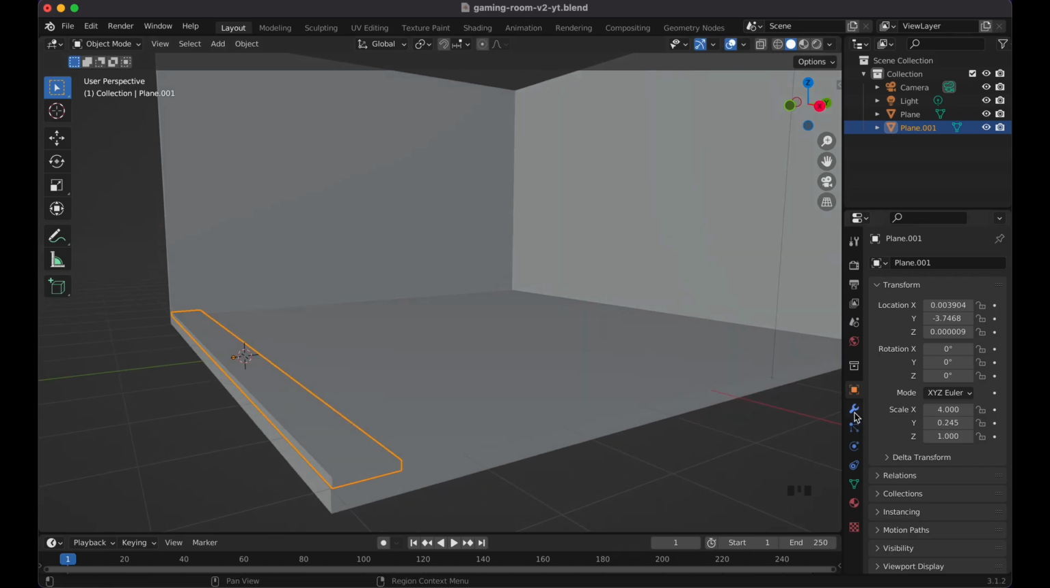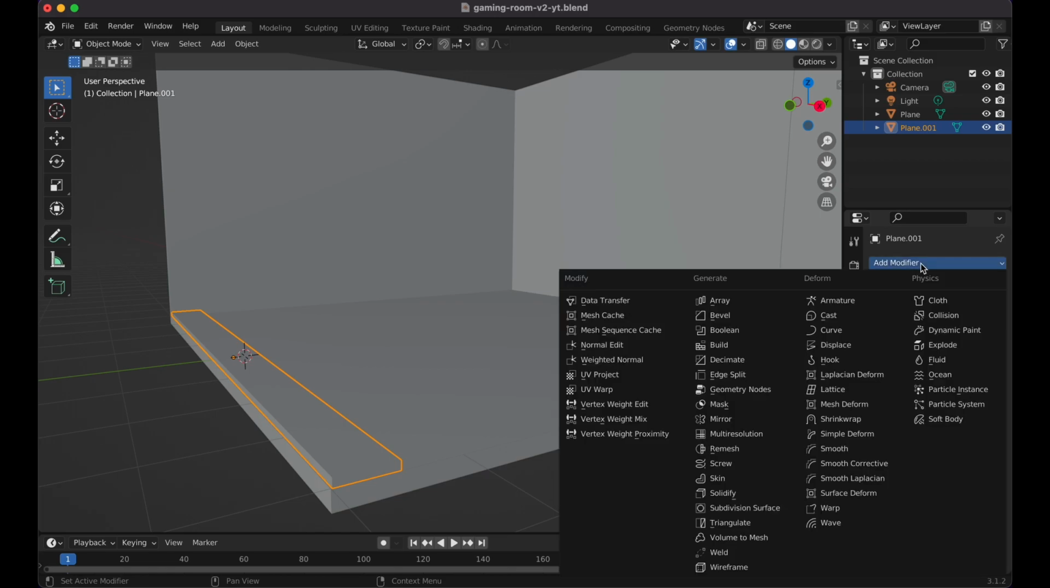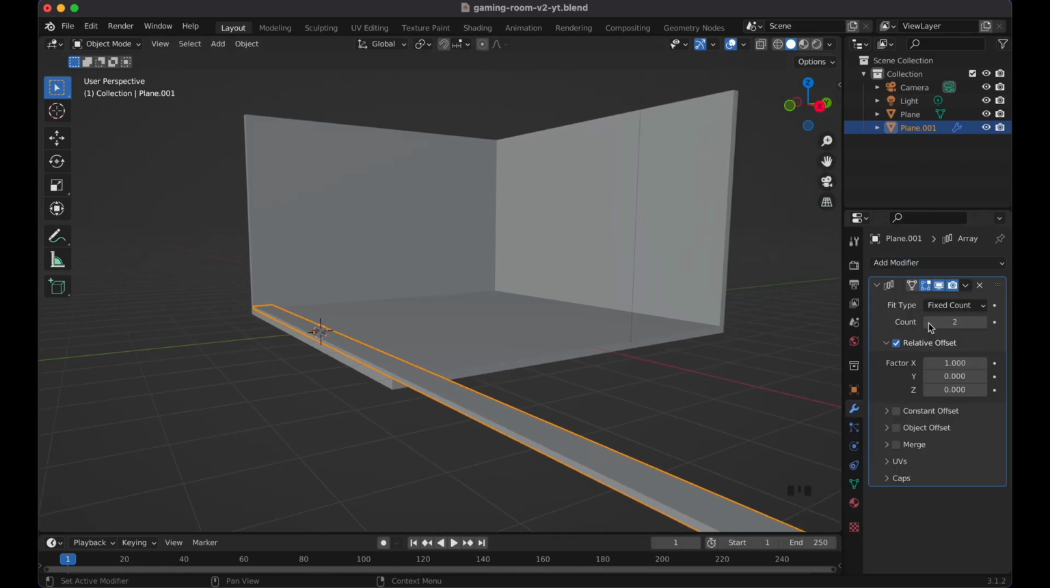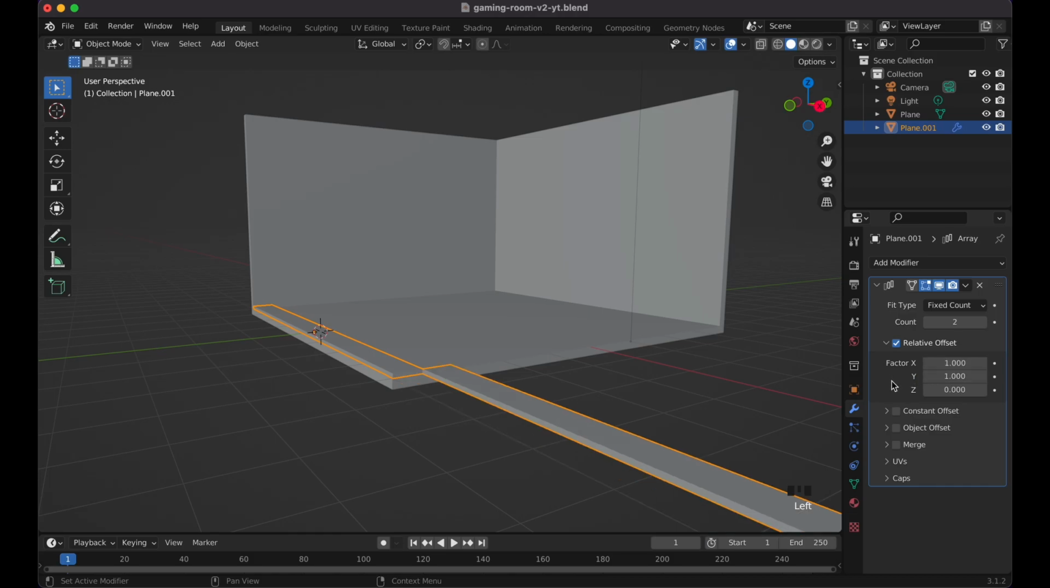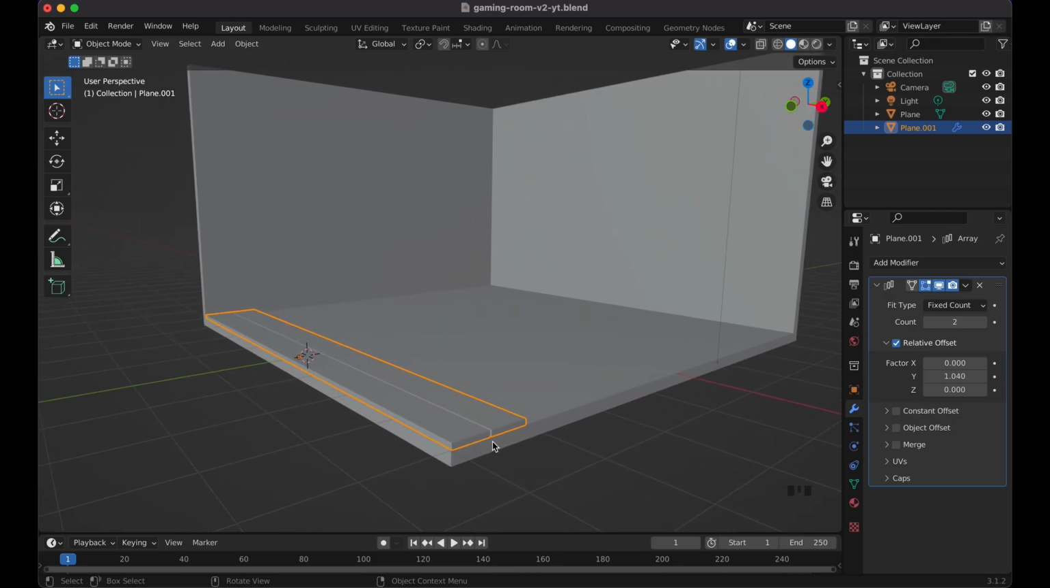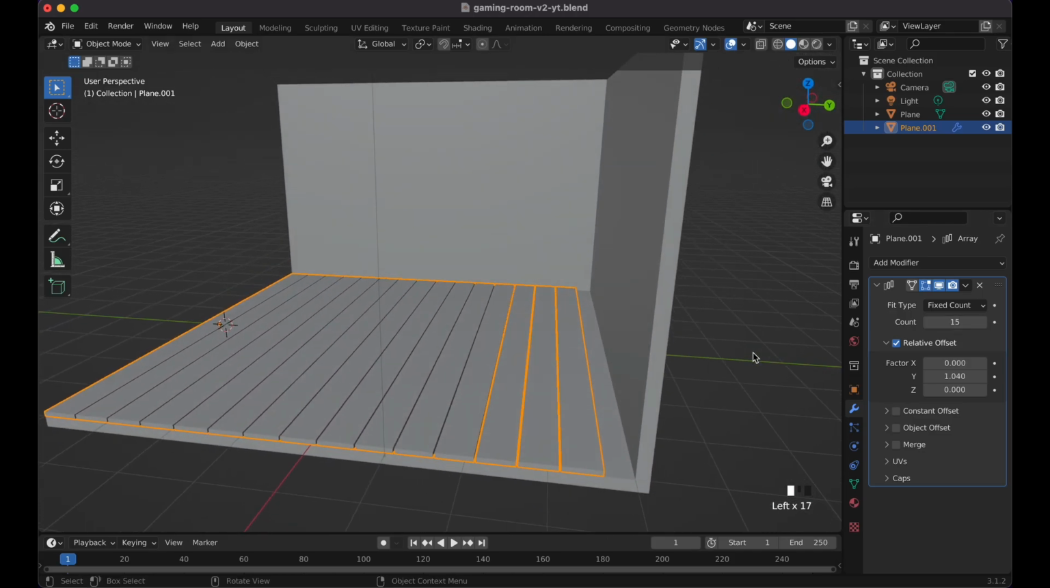And then we're gonna go here to our little wrench, add the modifier, add the array, and right now it's along the X, so let's make this 1 on the Y. X will be 0, except now I want to make this like 1.04, and it gives us like a little tiny gap. And then we can basically just increase this till we get to the edge of our wall,